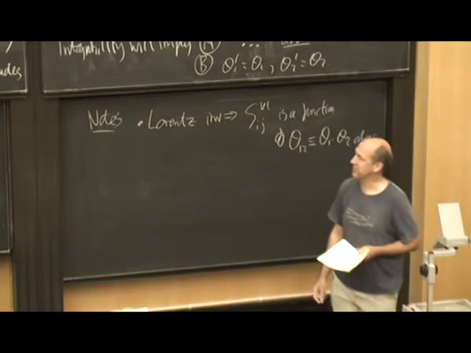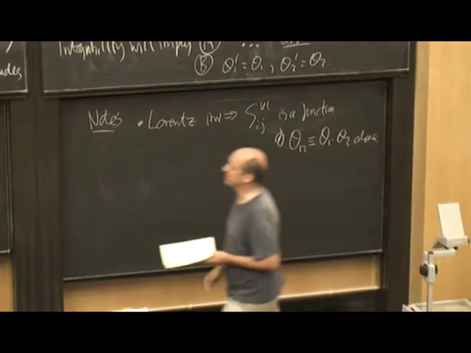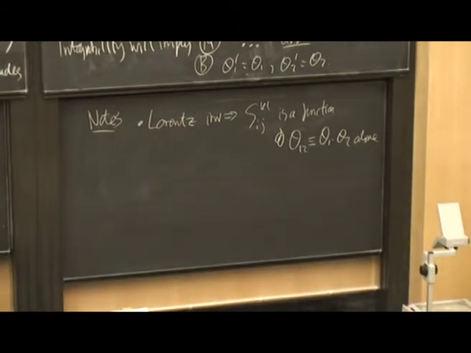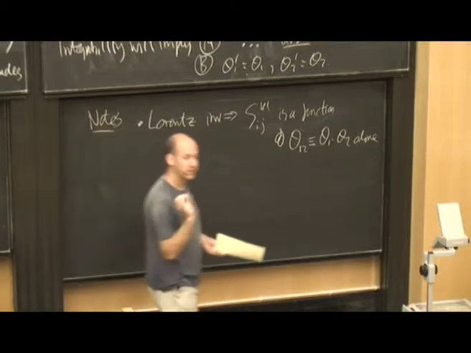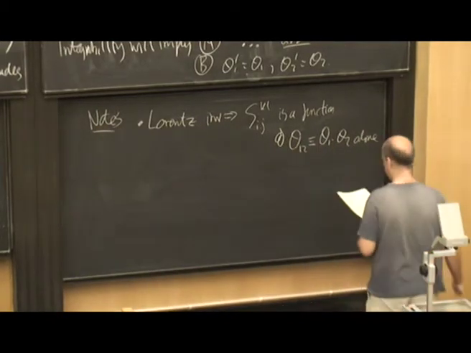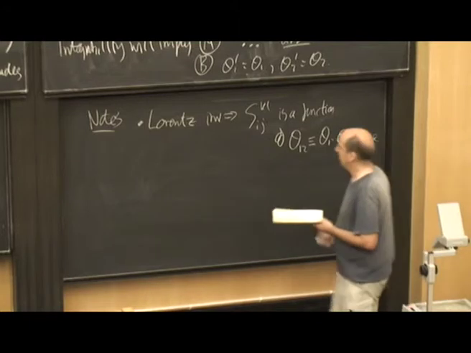We can boost theta 1. A boost corresponds to just a shift of all the thetas, if you figure out what it means. So theta 1 plus theta 2 gets changed by boosts, while theta 1 minus theta 2 doesn't get changed. So it can only be a function of theta 1 minus theta 2. And then